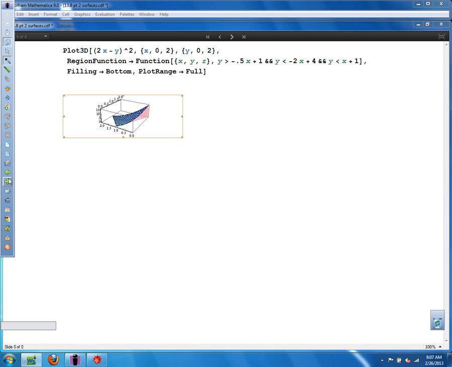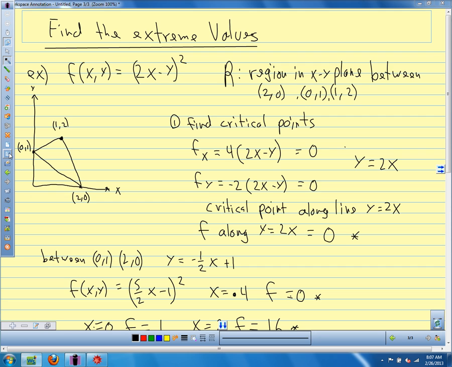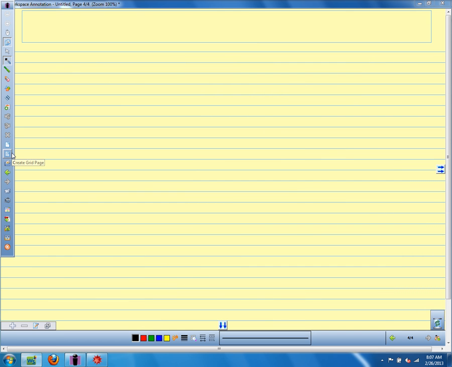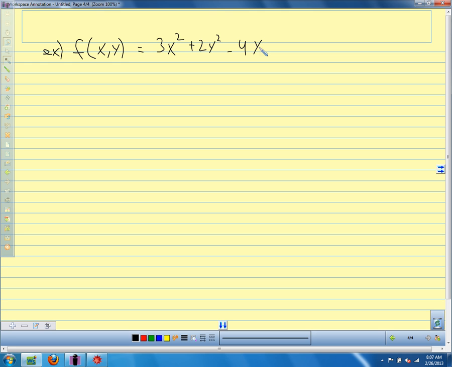Okay. Let's look at one where our boundary is a little bit more complicated, but we only have two boundaries for this one. So our example here, f of (x, y) equals 3x squared plus 2y squared minus 4y. And our region R is a region of the xy plane